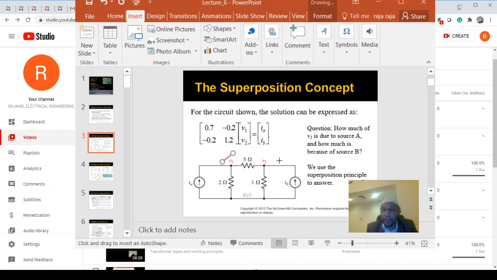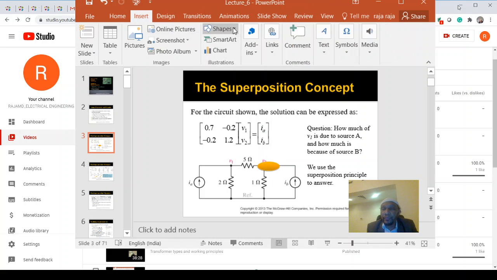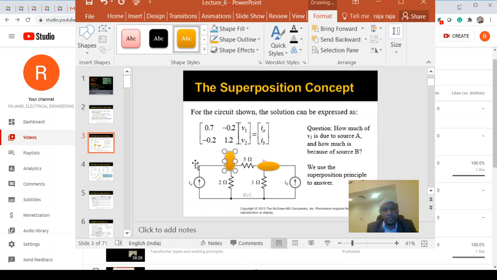So this voltage they need, and also this voltage, V1 and V2. These two voltages they need, V1 and V2. And not only that, they ask you, since they have two sources, how much is delivered by each source. If you find, for example, V1 is 10 volts, from each source how much is delivered, is it 5 volts and 5 volts, or 2 and 8 volts, or 7 and 3 volts? That is the very important question they ask you.